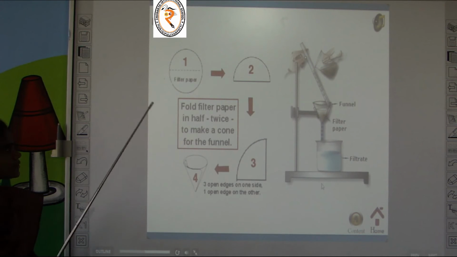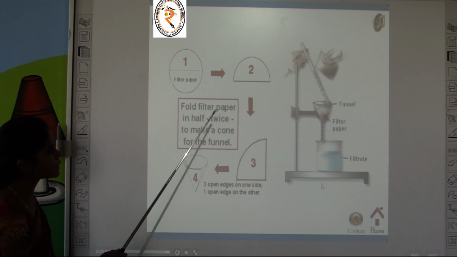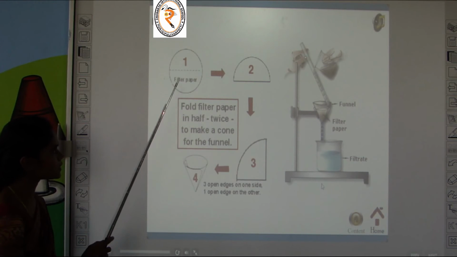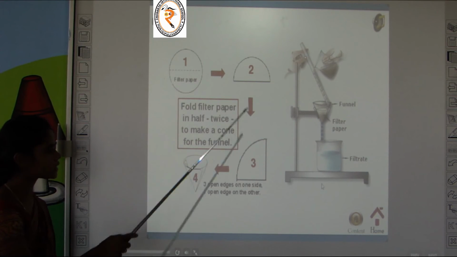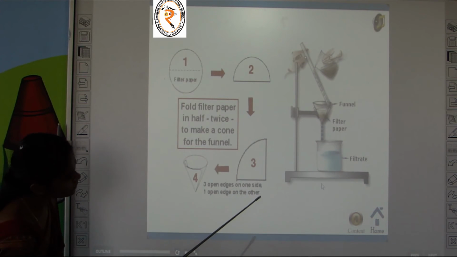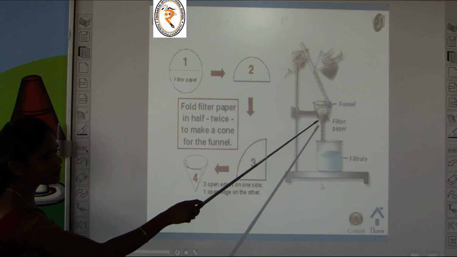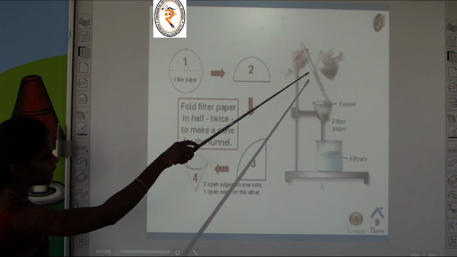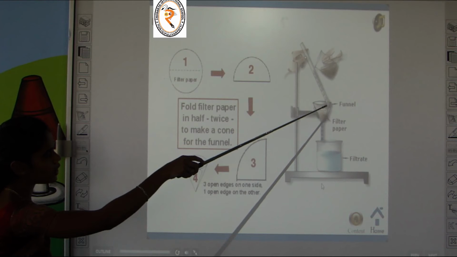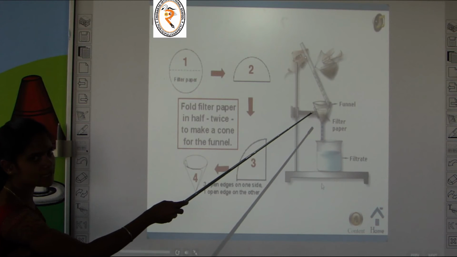See, this is the filter paper. Fold the filter paper in half twice to make a cone for the funnel. So this filter paper is converted into funnel shape, with 3 open edges on one side and 1 open on the other. And we can fit the filter paper in the funnel and add the fruit mixture to this funnel. What will happen? The residue, that is the seeds and pulp